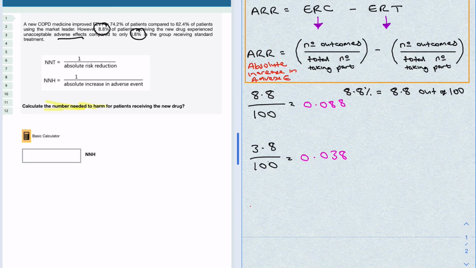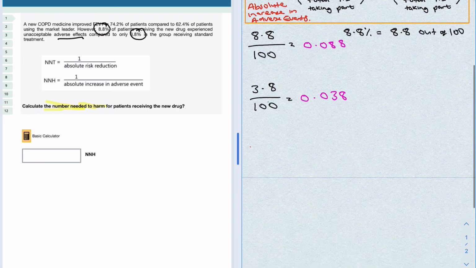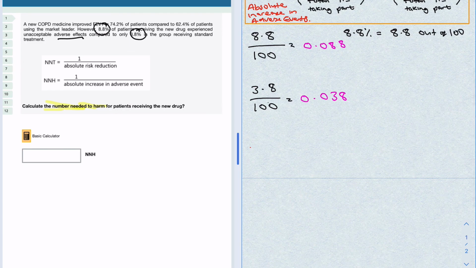But again, for the exam, just learn the methodology and the way of working so that you know what it is that you're doing. So if I now do 0.088 subtract 0.038, that will give me an answer of